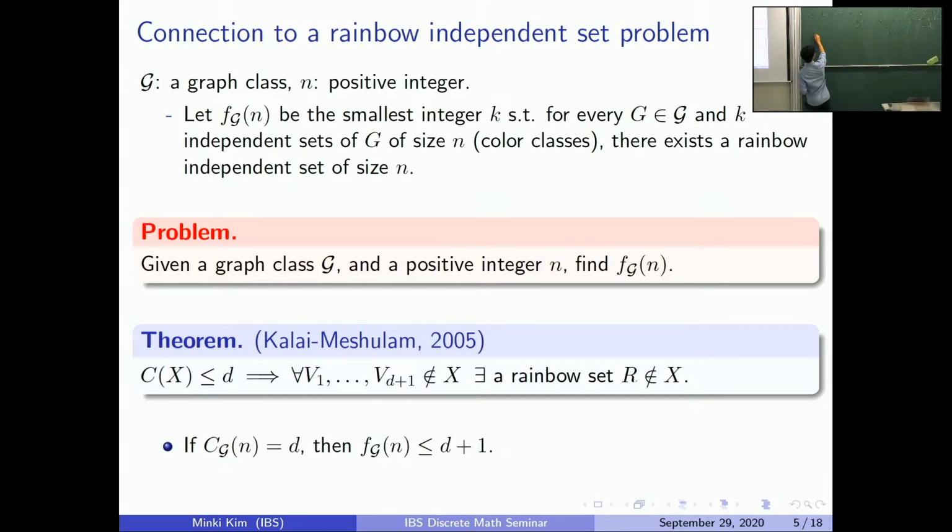That's the problem, because we are looking at I sub n of G, this complex, where alpha of G[W] is less than n. So suppose we have some A1 to A_{d+1} that's not in this complex, which means they contain some independent set of size n. And then we find some rainbow set. They don't have to be disjoint. Then we will find a rainbow set which may contain